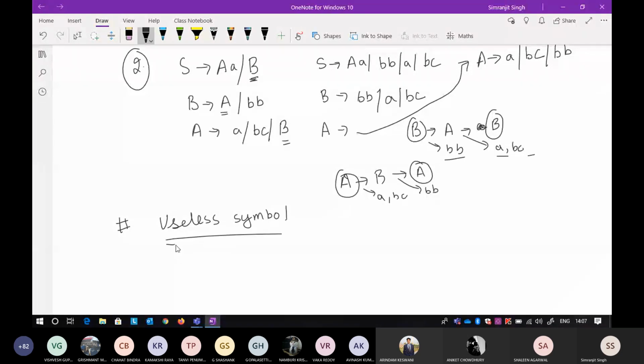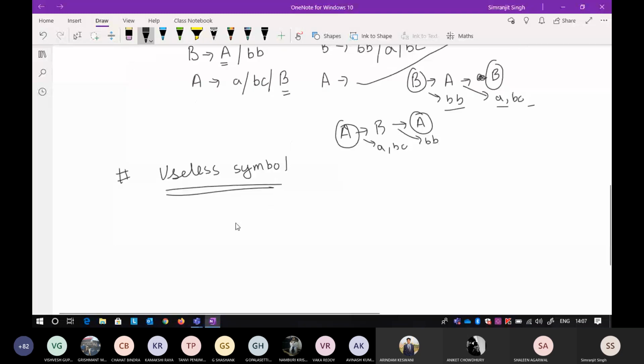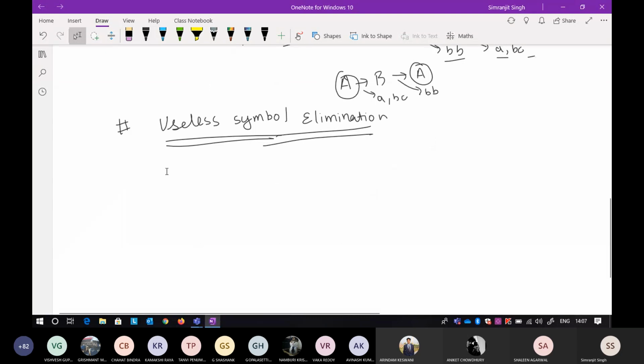Okay, so if you want to eliminate useless symbols, they can already be identified by seeing whether they are reachable from the start state. If any symbol is not reachable from the start state, you can term it as a useless symbol. I'll give you an example of a useless symbol. First of all, it's a very easy thing to do. Just start with this one. It tends to AB.